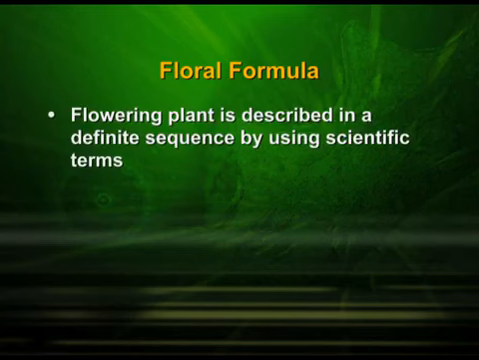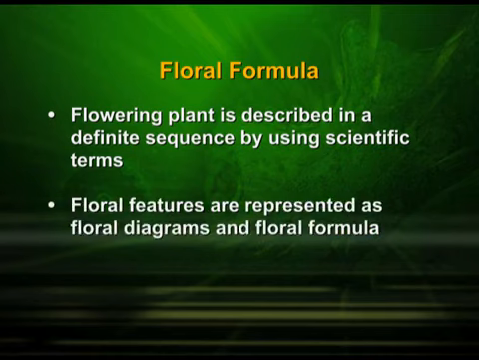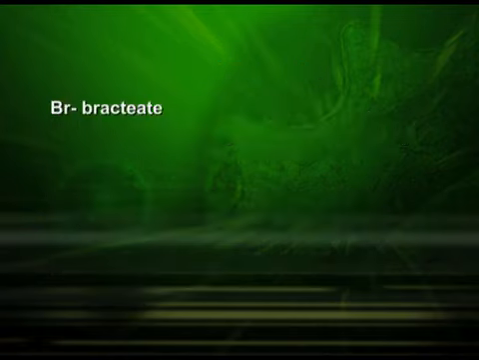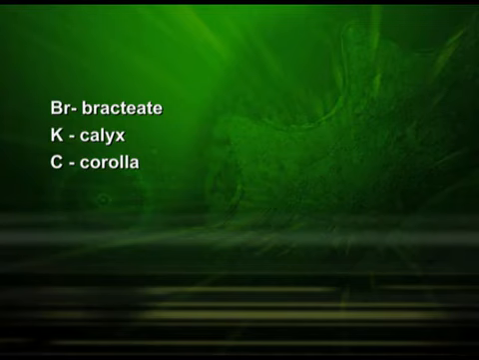Floral formula. A flowering plant is described in a definite sequence by using scientific terms. The floral features are represented as floral diagrams and floral formula. The floral formula are represented by some symbols: bracteate, calyx, corolla, perianth,